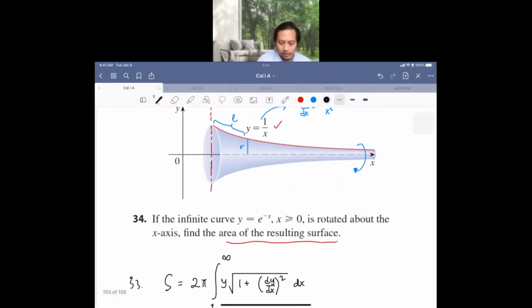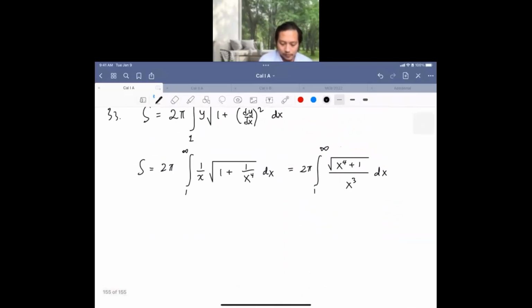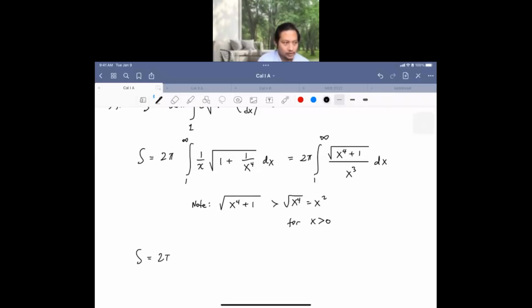Okay, then we could see that, let's take the note that the square root of x to the power of 4 plus 1 is larger than the square root of x to the power of 4, or x squared, for x positive, right? Okay, and then we can write that this will be larger than,